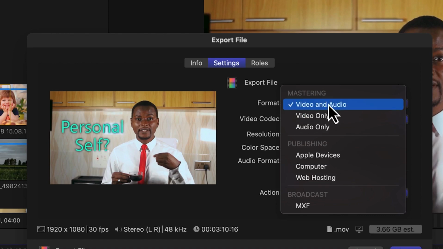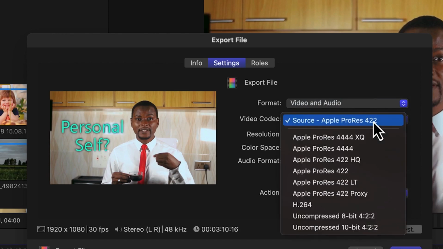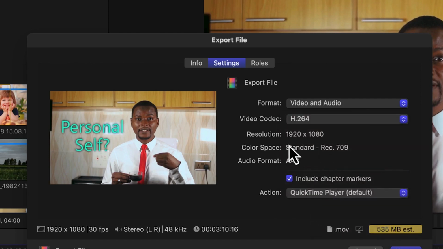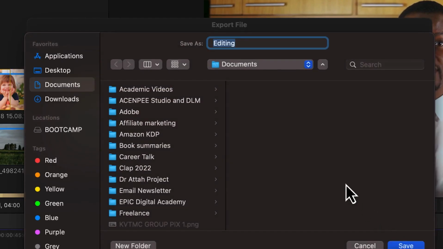specifying this as mastering. Okay, so you can just go for video and audio, and then the video codec you just select. You can leave it at Apple ProRes, and it's going to give you a very fantastic quality. But if you're going for YouTube, I recommend you go for H.264, which is the MP4 format. So you just select this, and then you can make sure the resolution is as set initially, 1920 by 1080, and then everything else can be left at default. Okay, so you can come all the way here and click on Next,